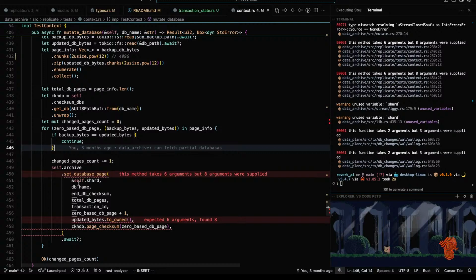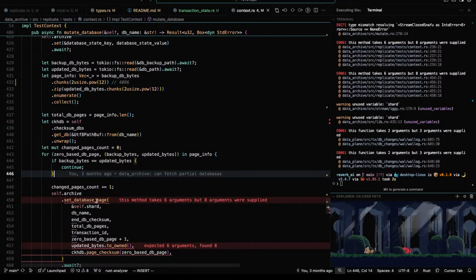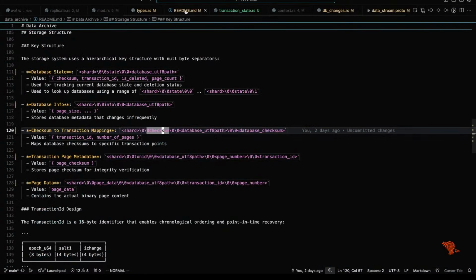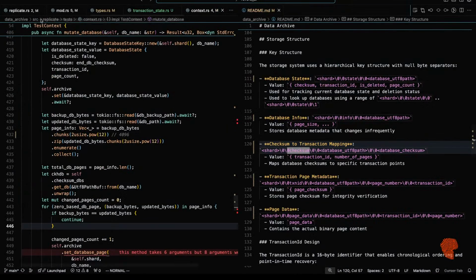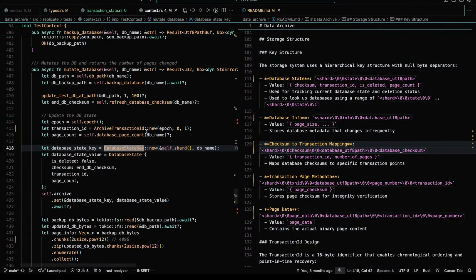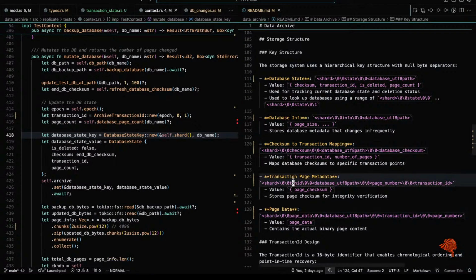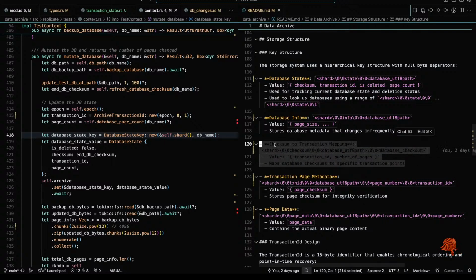So it's set database page. That would have done 3, the bottom 3 being, let's close that for a moment. Where's README? Is this it? Yeah, let's bring this up over here. Okay. So previously we would have done this one, this one, and this one. But we're not doing this one anymore.